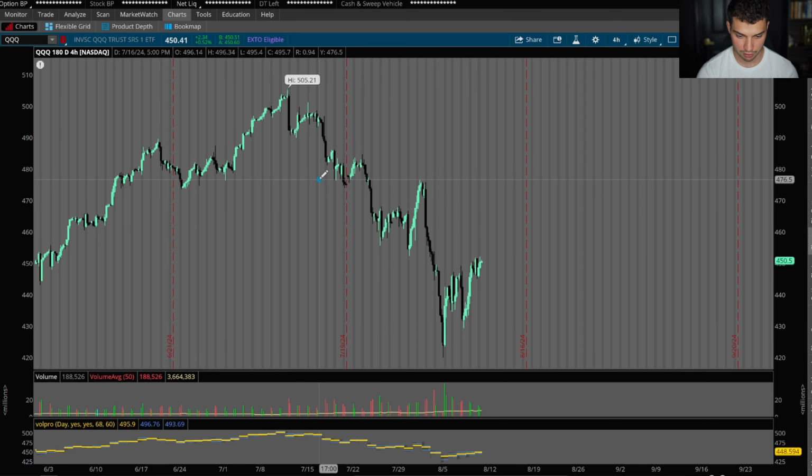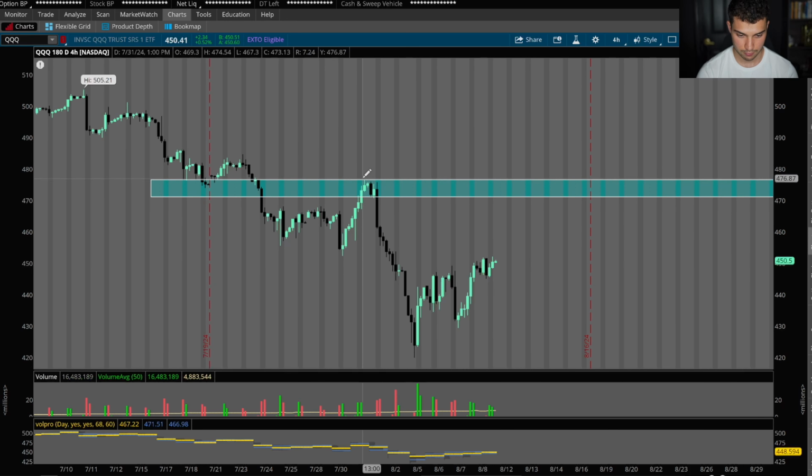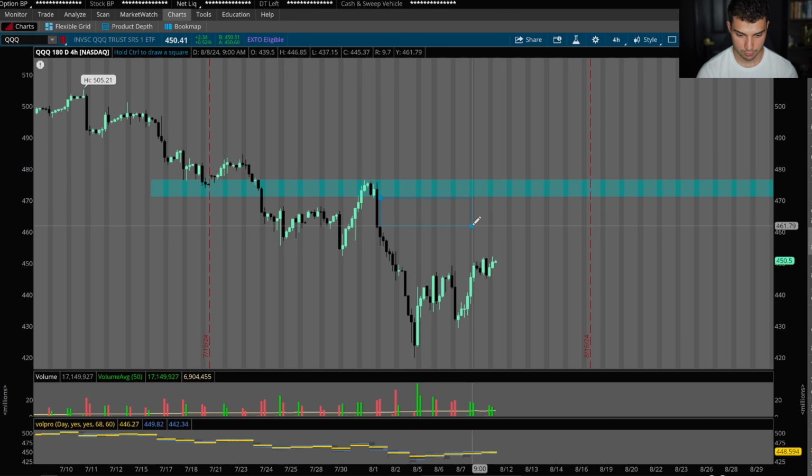I'm going to create the zone at the top of this wick to the bottom of this wick right here. This is where my zone is drawn for my supply zone. Right here, all right? Top of this wick to the bottom of this wick. Oops, I do this sometimes. And then,